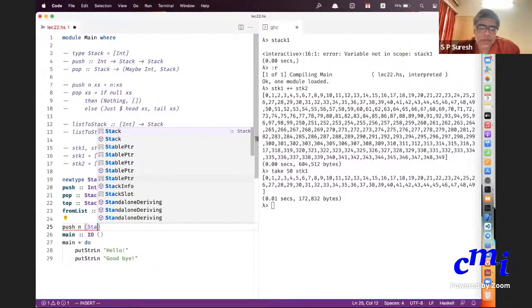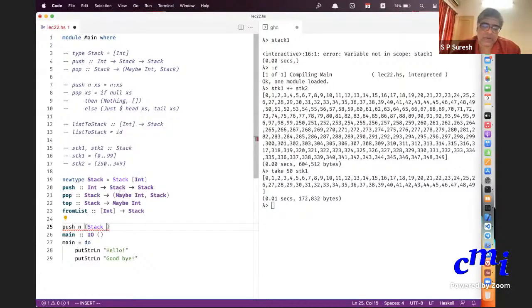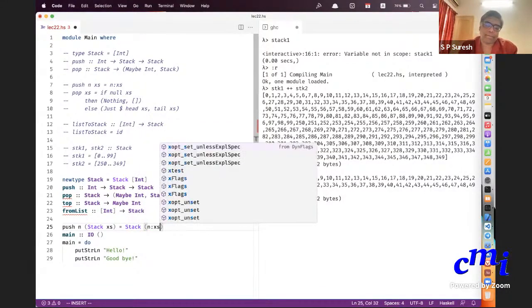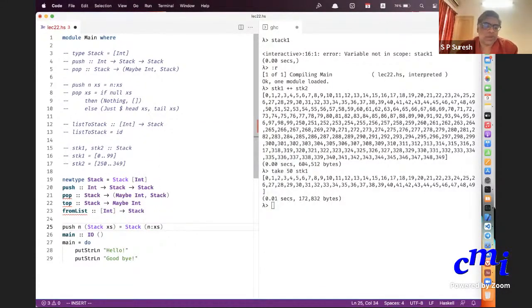Similarly here, where there was the value constructor, here Stack is the value constructor. So you use Stack access. What will be the result? Can someone tell me? It should be a Stack. All you're going to do is put N before access, but you have to wrap it with the Stack constructor.